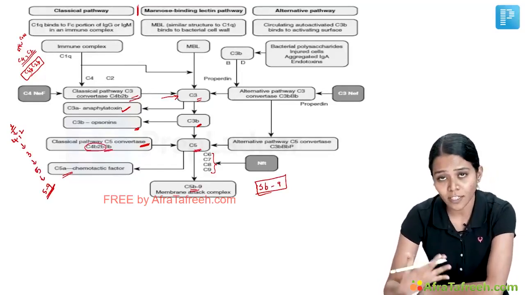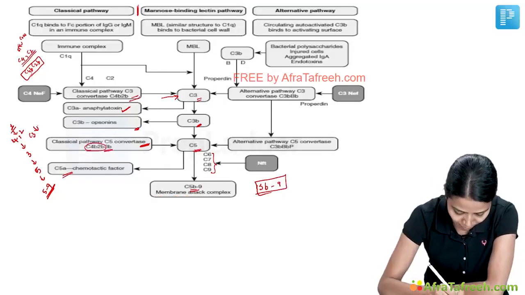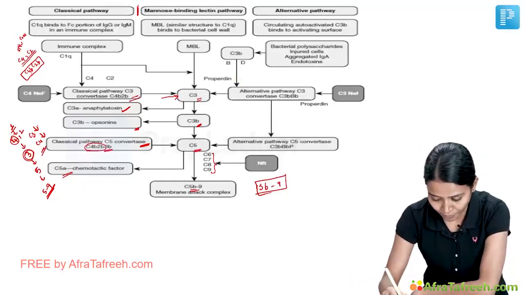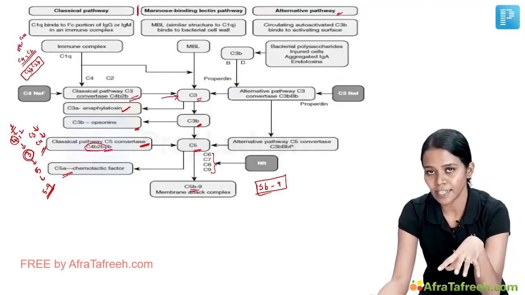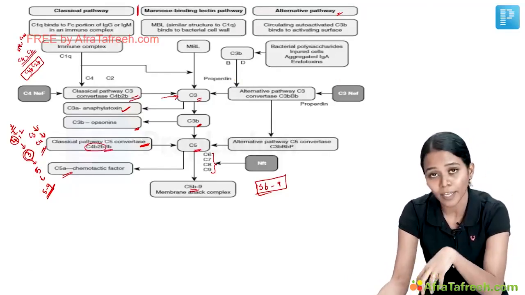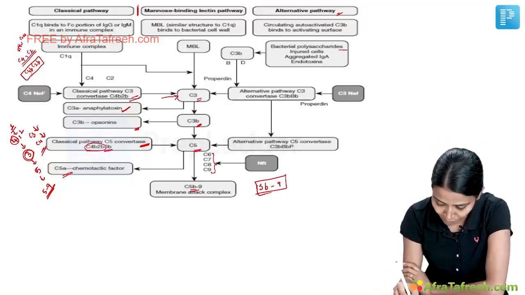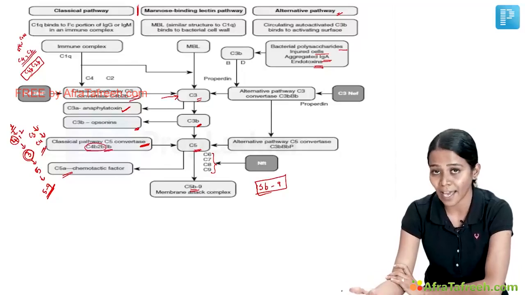So, if classical pathway is activated, then when we check, C3 will be low because here it is getting utilized, and C4 also will be low. This is the first pathway. Let's go to alternative pathway. Alternative pathway can get activated by itself, or by multiple mechanisms, that is the presence of bacterial polysaccharides or injured cells or aggregated IgA and endotoxins. All these things can